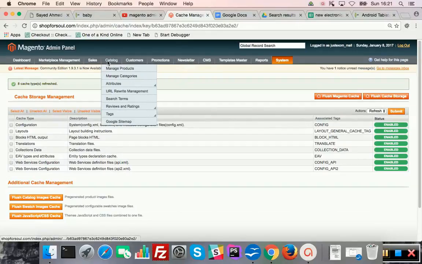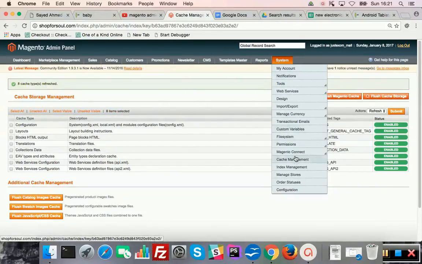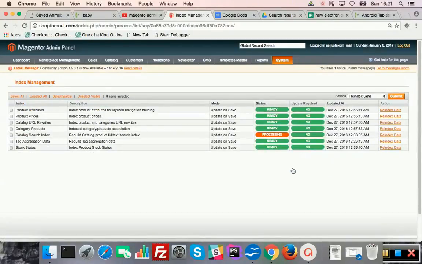And there is one other thing, index management. If you import data, then immediately after that it will ask you to refresh the index management if there is a change, because the search engine needs to re-index all the prices and all those things. So you can do it individually, or you can select all and then re-index and submit, or you can click it in here. I think depending on the number of products and your server,